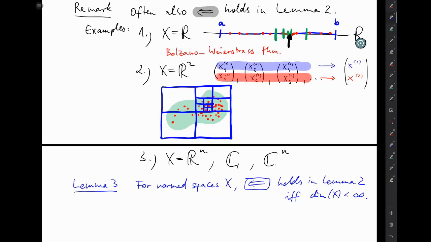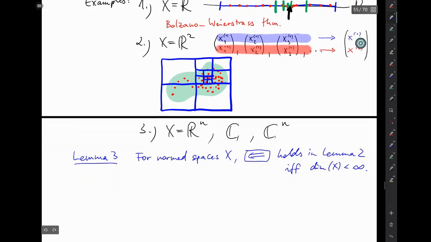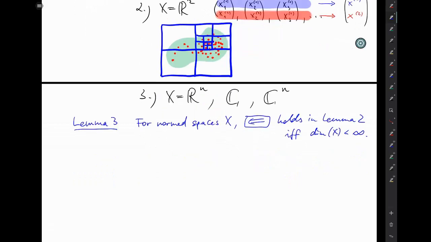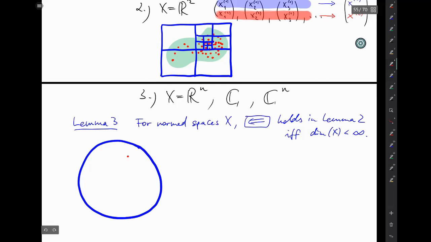So in order to better understand this effect, you just have to envisage the following experiment. Take a bounded set, so maybe a cube or a ball, and try to put infinitely many points inside without them accumulating anywhere. But we know from Bolzano-Weierstrass that this is impossible in 2D, 3D, and so on. But we just gave the proof.